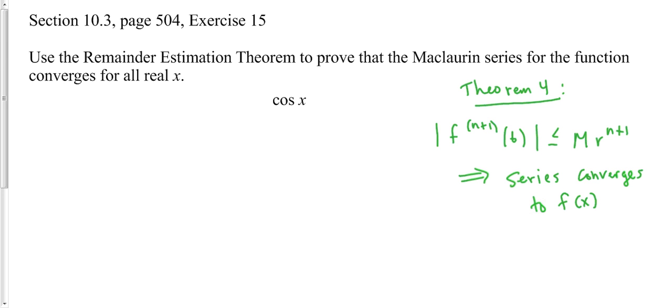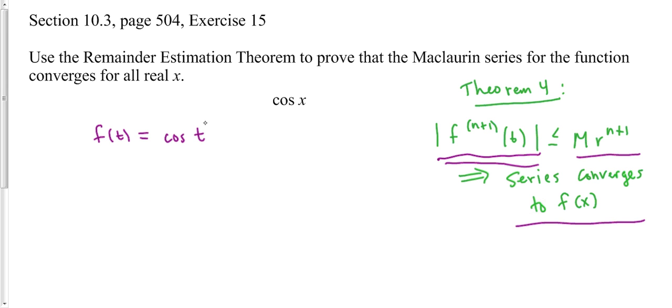Now, one of the consequences of the remainder estimation theorem, or theorem 4, is that if the absolute value of the n plus first derivative of f of t is less than or equal to M times r to the n plus 1, then the series is going to converge to f of x. So that's saying that if this absolute value term is less than or equal to some actual number, then the series is going to converge. So we want to show that for our f of t, which is equal to